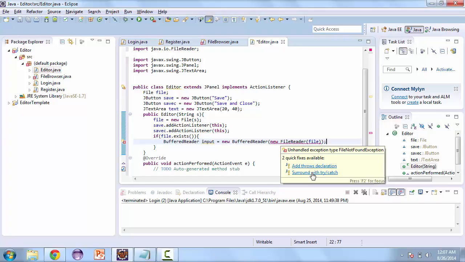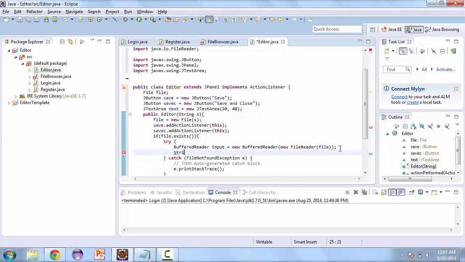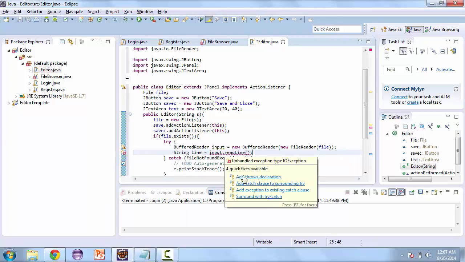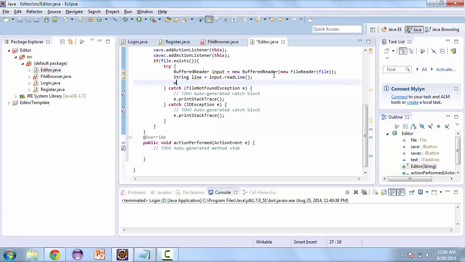And surround that with a try and catch. And we'll do the same thing we did earlier. So string line is equal to input dot read line. And while line does not equal null,